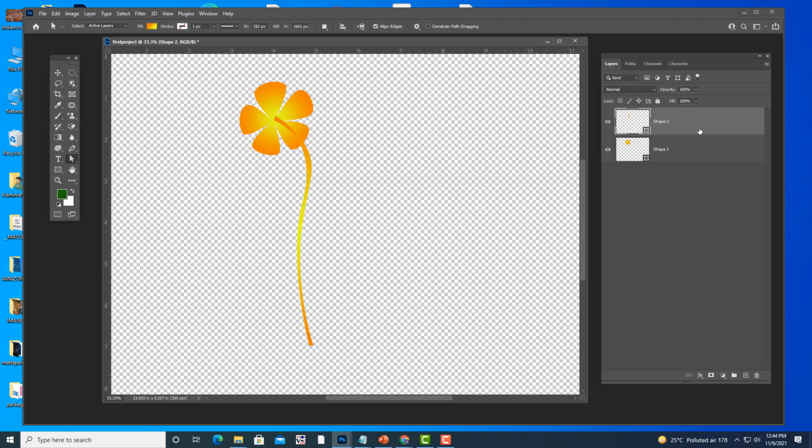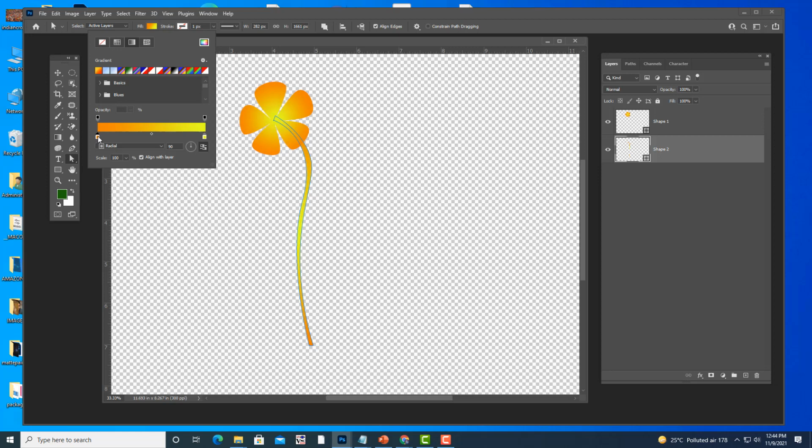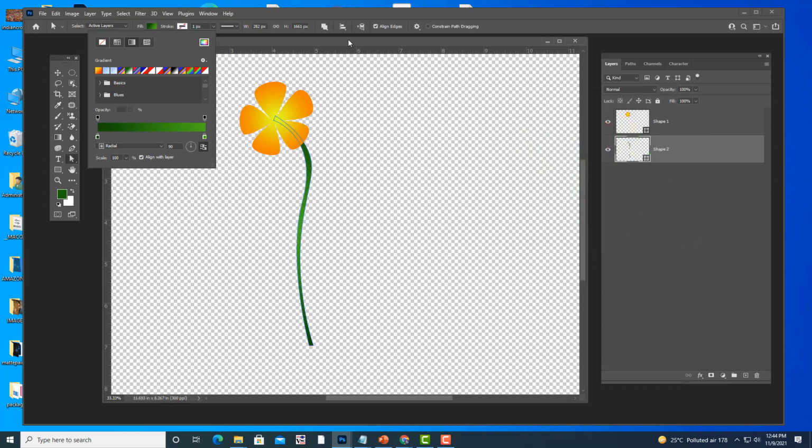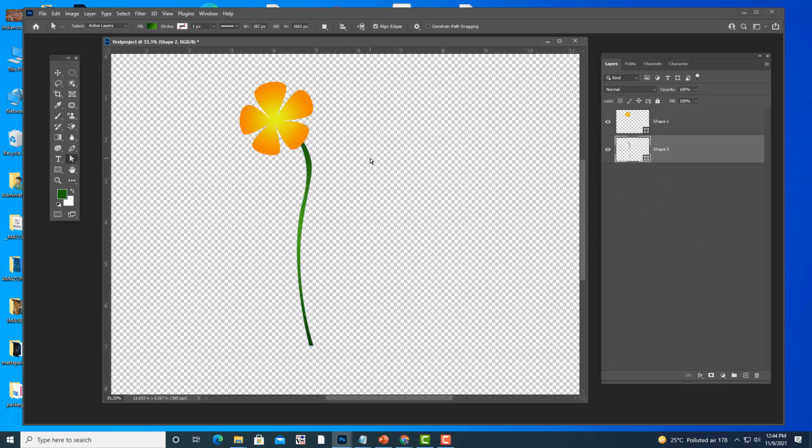And then we will keep it below this layer, and we want the stem color to be something like green. So what you can do, simply click the fill color. Okay, so we have a stem now, and we will also create leaves. So how can we create leaves? Leaves also I am creating with my imagination. First time you will be using reference, but after that you will be creating everything with your imagination.